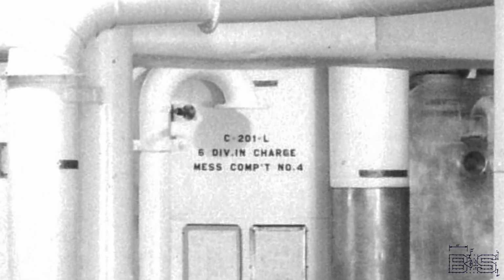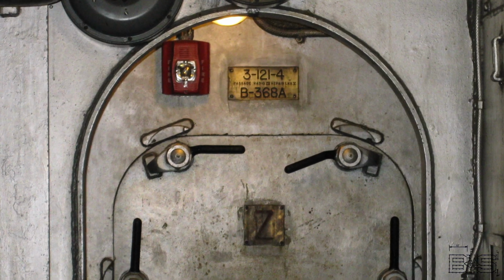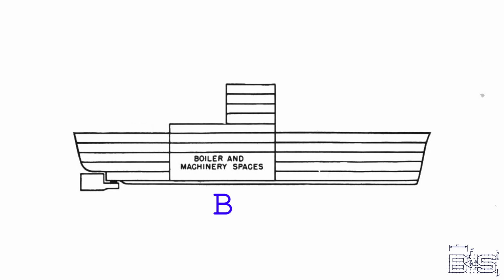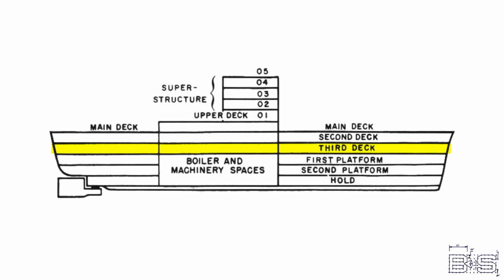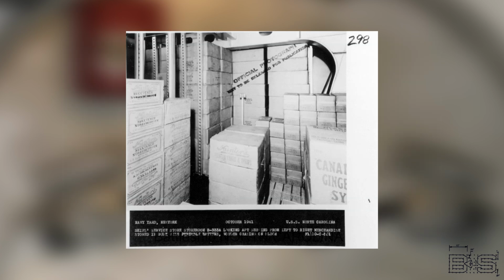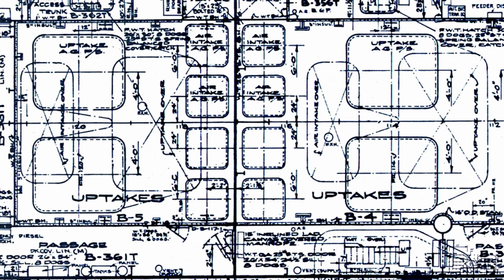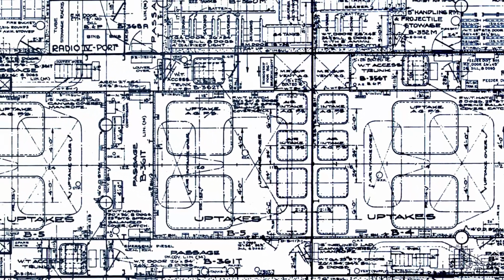You'll see compartment numbers written on bulkheads. These are called bullseyes. Let's try one. B368A. So the B means that we are in the center of the ship over the machinery spaces. The 300 series means we are on third deck. It's an even number, so we'll know that we're on the port side of the ship. The A lets us know that this is a storeroom. The 68 lets us know that we are close to other 360 compartments, but other than that, it doesn't help us. So if we look at our general plans for third deck, aha,